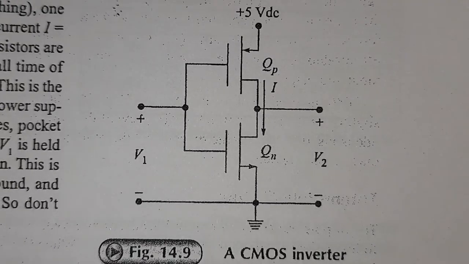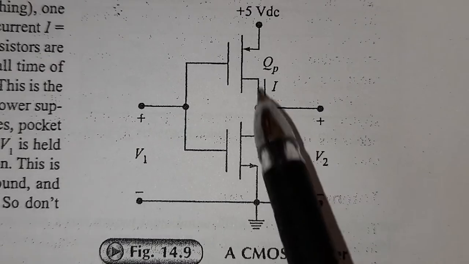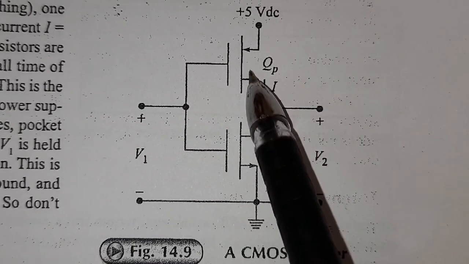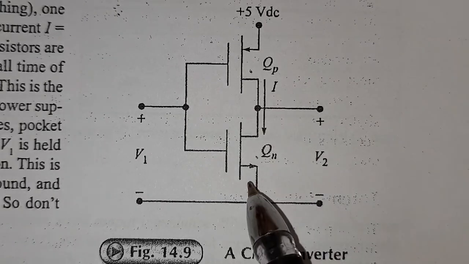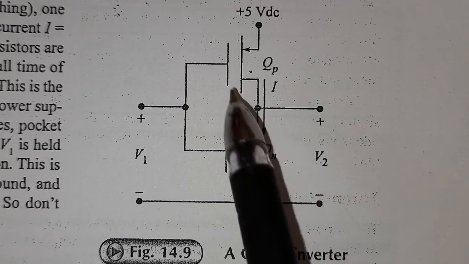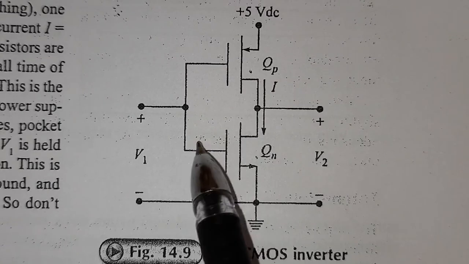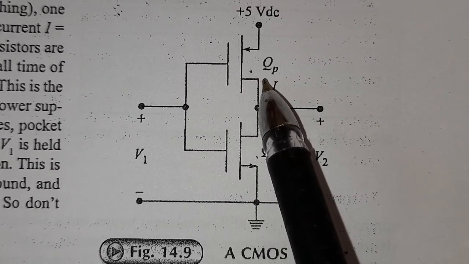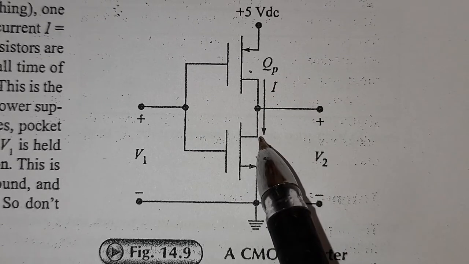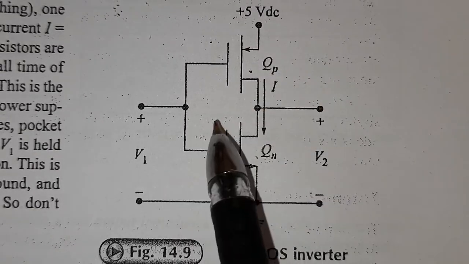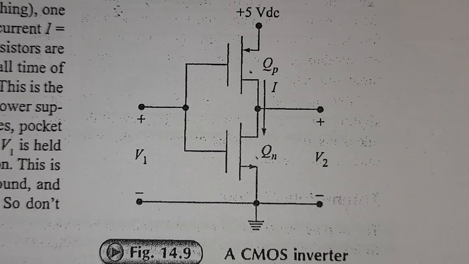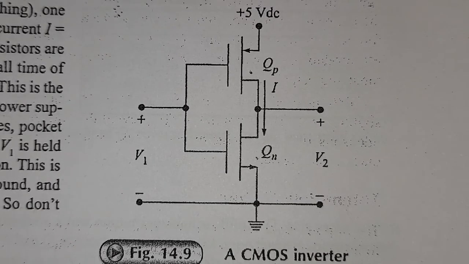Typically in CMOS, the structure is like this. This is P-type MOS and N-type MOS. They are connected to each other. The gates are common. Source of one is connected to drain of the other, and they are mostly in series. This is the complementary structure of PMOS and NMOS.